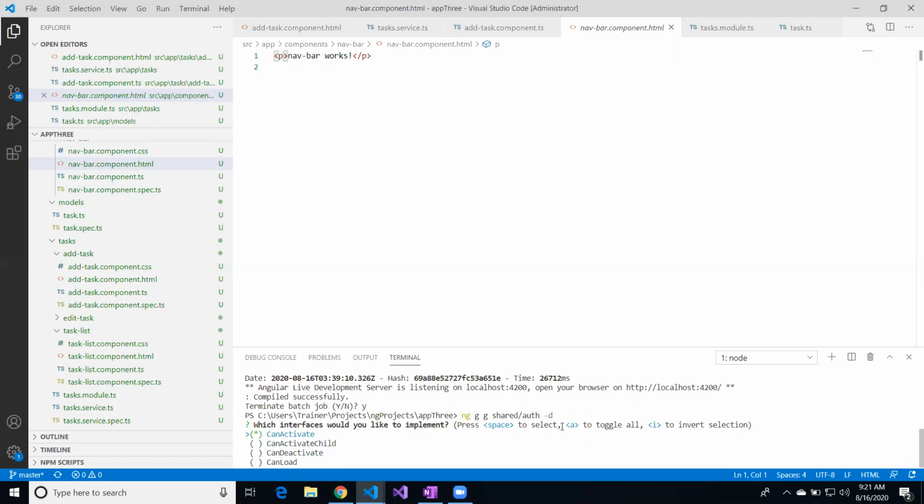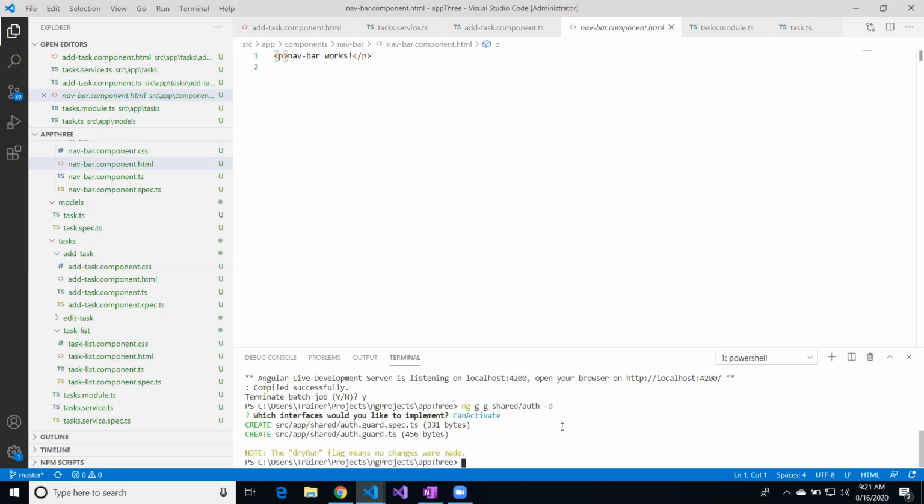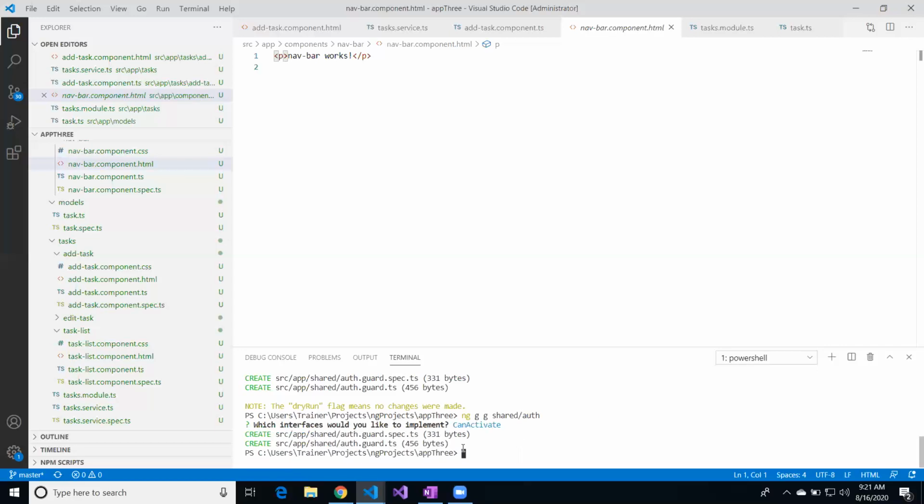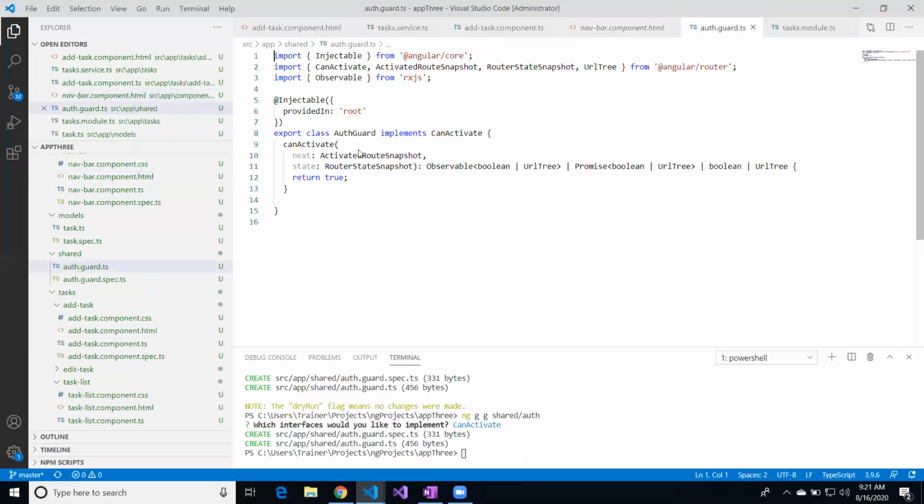So in this case, let's have a can activate route guard just for practice purposes. The dry run flag means no changes were actually made, so let us run without the dry run flag. So that's how to generate it and the logic pertaining to the guard. Because we named it authentication guard, we check if the user is authenticated, did the user log in? If not, then